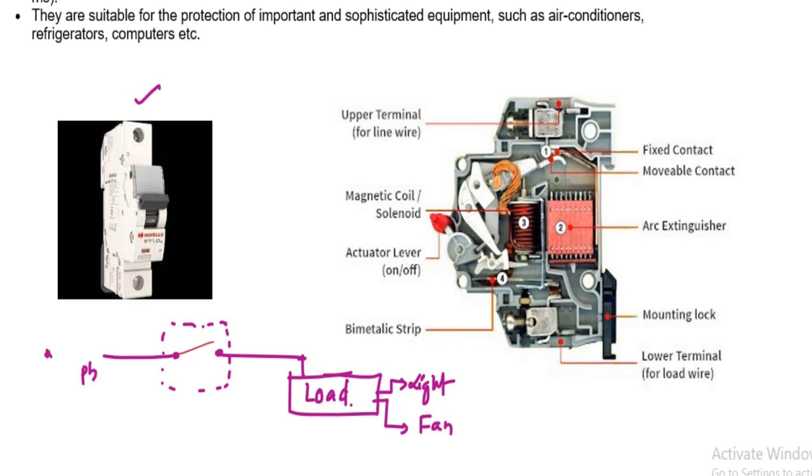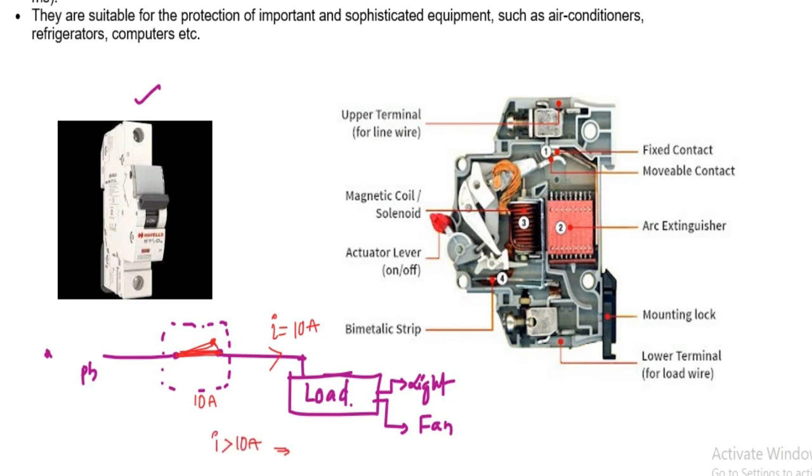So what is the function of this MCB here? Let us say the rated current in this load is 10 amperes. Normally we turn on this MCB, so this 10 amps current will flow. This MCB will allow 10 amperes of current through the wire. Whenever the current is more than 10 amperes, what is happening here?